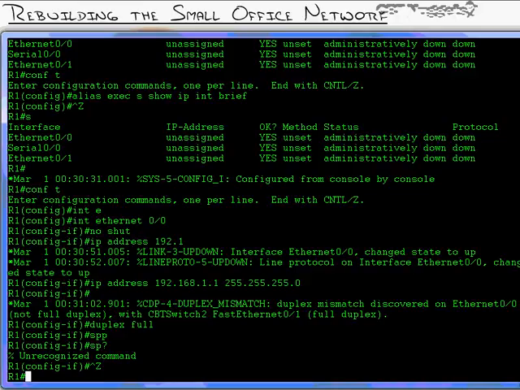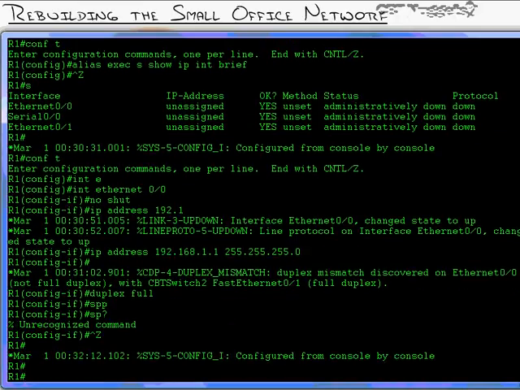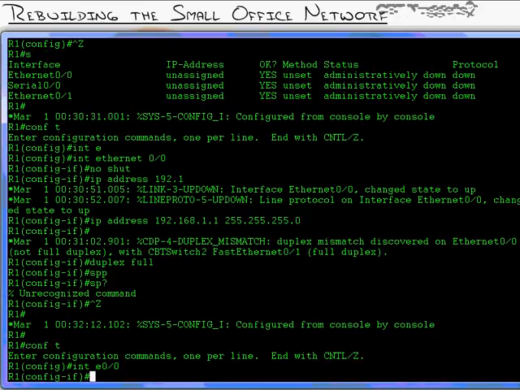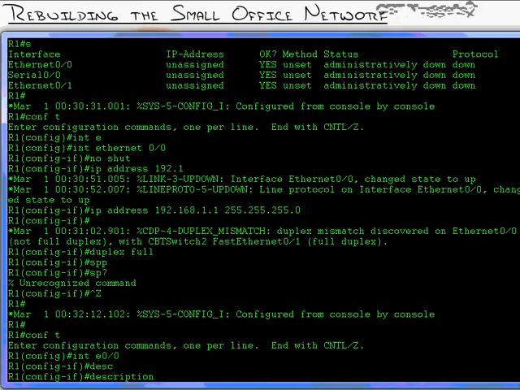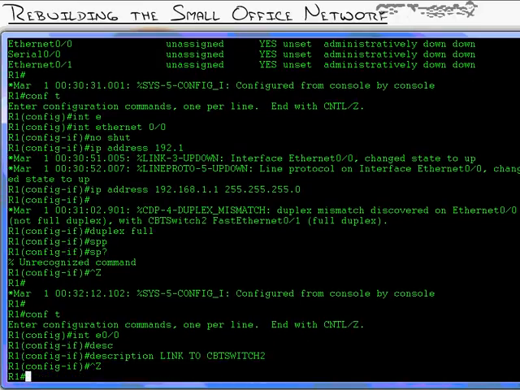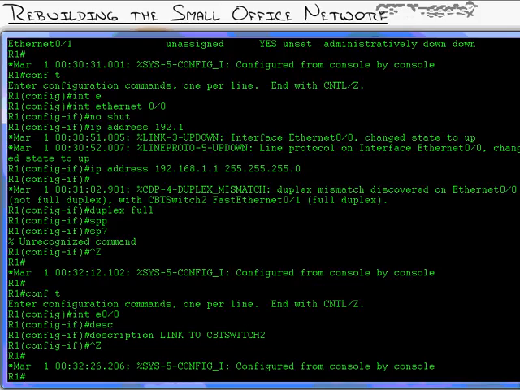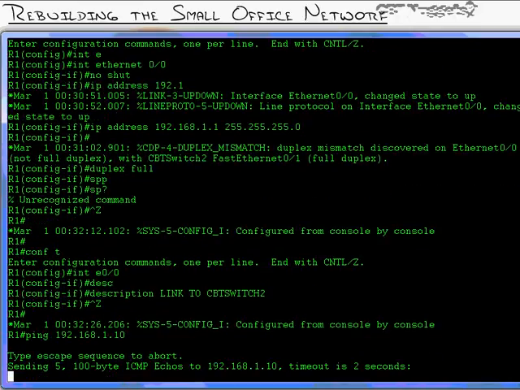All right, now let's exit back out. We've got our duplex hard-coded. You know what? Before I do that, let's type in description link to CBT Switch 2. There we go. Now we've got the description, speed, duplex, and IP address done. Let's make sure we can ping 192.168.1.10, which is our switch. And